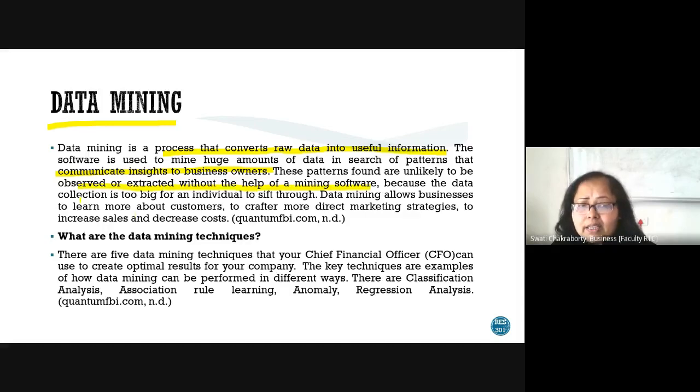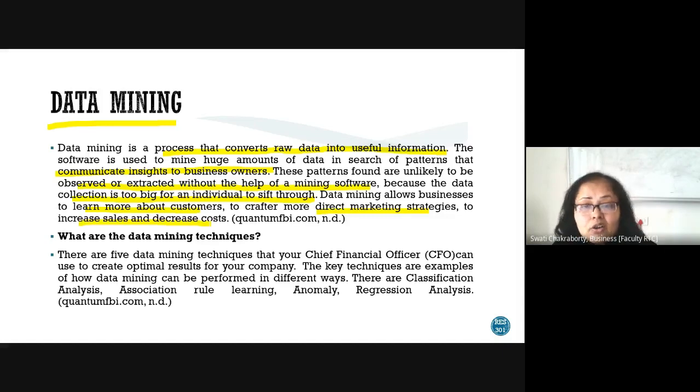Why? Because the data collection is too big for an individual to sift through. If you cannot do it manually, you need software which can do it. And with data mining, businesses can know more about their customers,